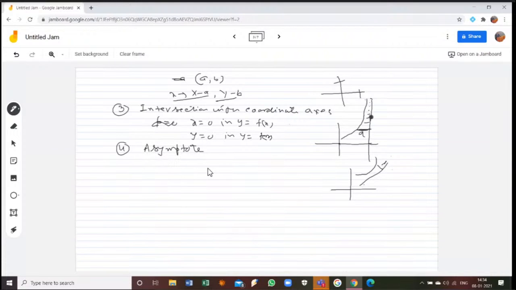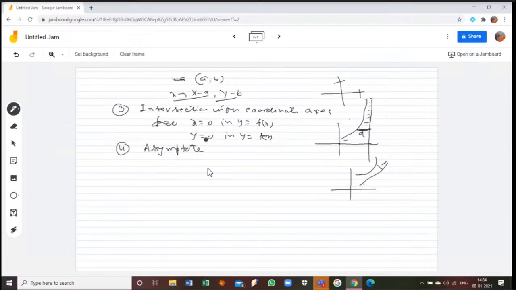You have to find the asymptote, because once you find the asymptote for the curve, then you will know the region for the curve is before this straight line. Otherwise, you will not know whether this curve will go here or there. So this line will decide. If it is the asymptote, then if we draw the curve in this coordinate system, it will never cross this line. That's why we find the asymptote for this curve.